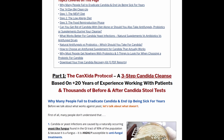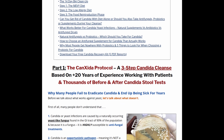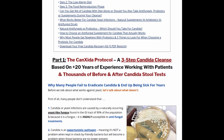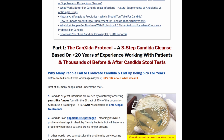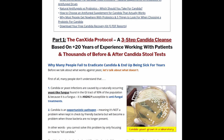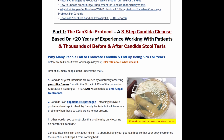Part 1. The CanXida Protocol, a 3-step Candida cleanse based on 20-plus years of experience working with patients and thousands of before and after Candida stool tests. Why many people fail to eradicate Candida and end up being sick for years. Before we talk about what works against yeast, let's talk about what doesn't. First of all, many people don't understand that